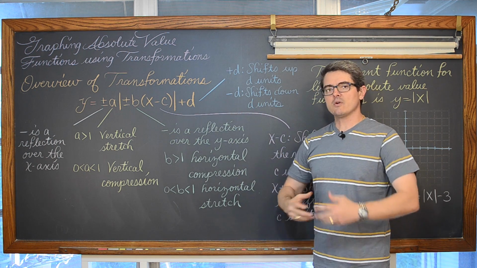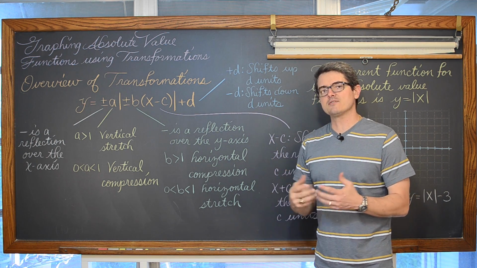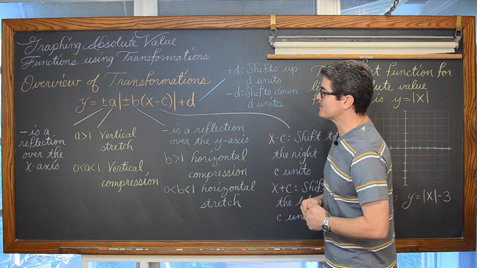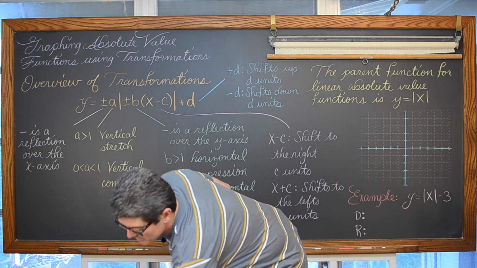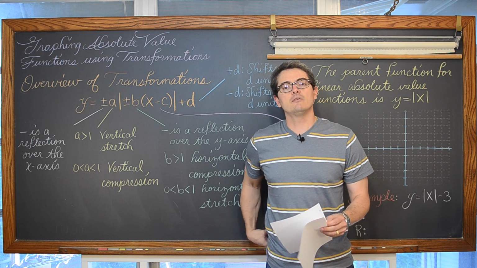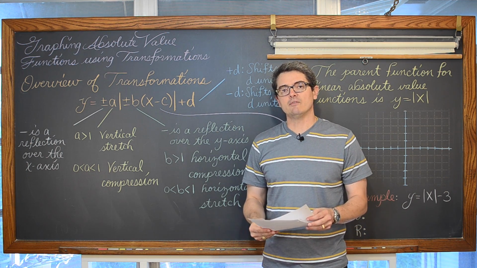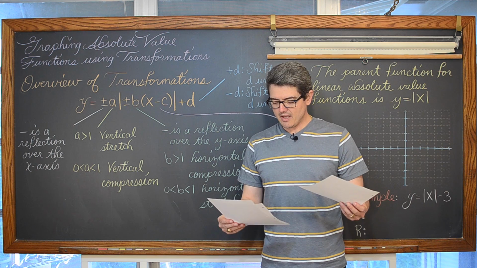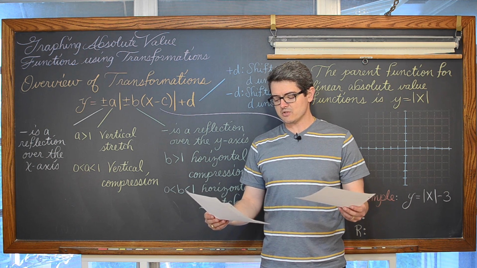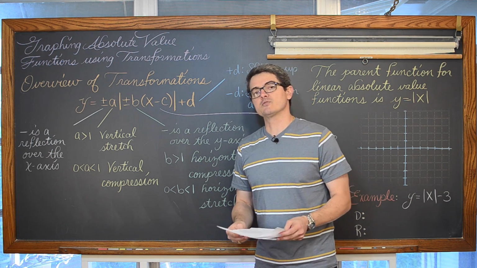Well, here we're going to try and not make graphs of absolute value functions, but a sketch of them using these transformations. In this lesson, we are going to be doing 4 examples of graphing an absolute value function just with the knowledge that we have of transformations. We're going to do a fifth example, which is not going to really be a parabola or absolute value function. It's just going to be a generic function which we're going to manipulate with a couple of transformations,